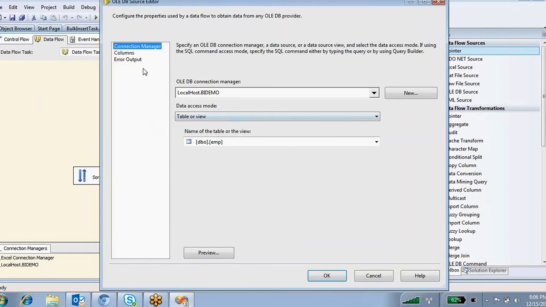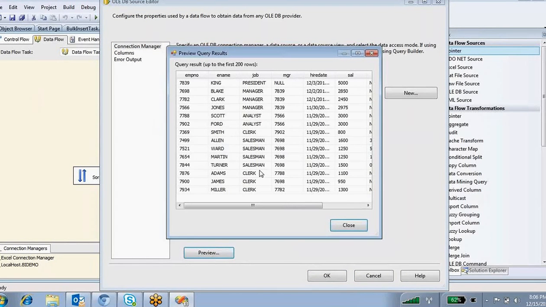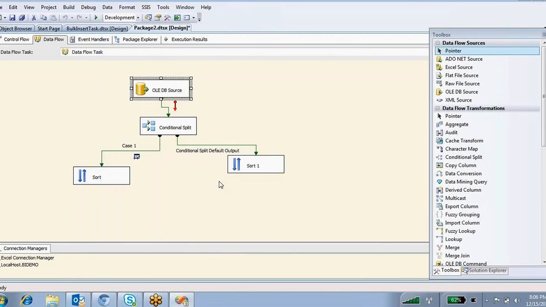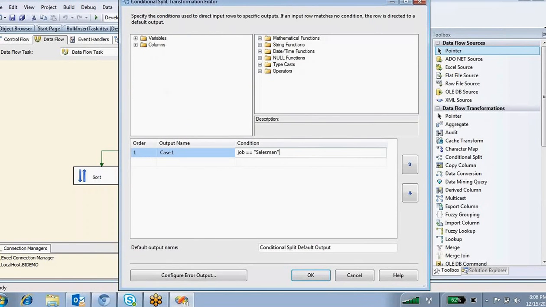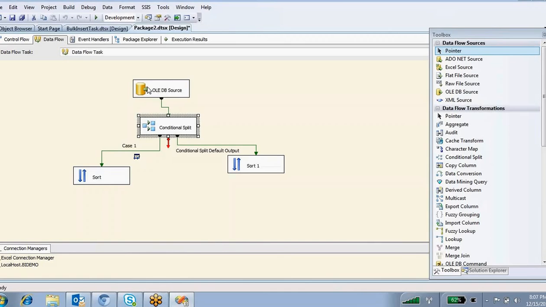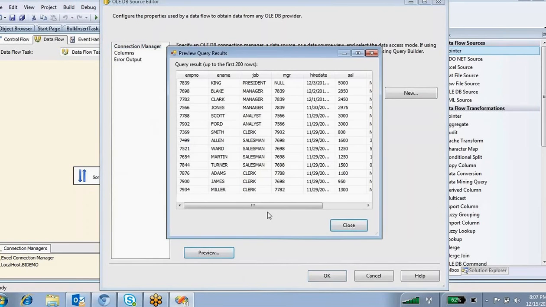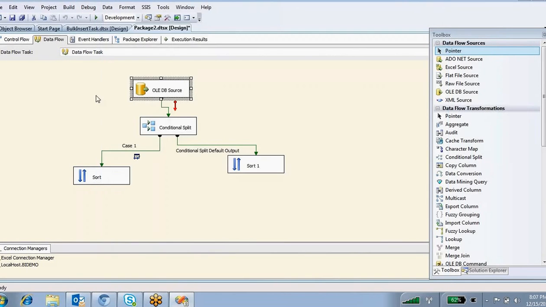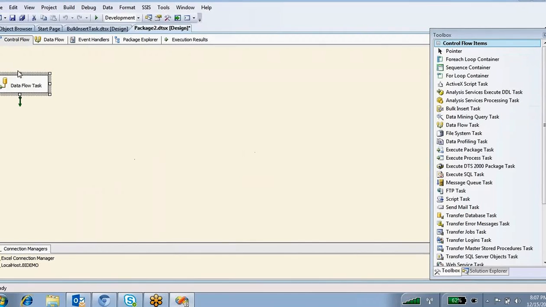Review it. Or we can take CLERK. Is it right? Clerk. Right. So now I'm going to execute this one.